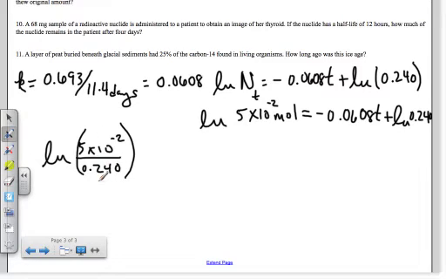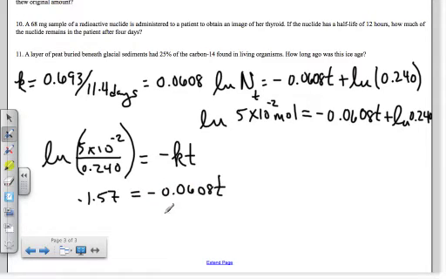And that's the form of the equation that's in the notes: ln(Nt/N0) equals minus Kt. All right. So when I do this, I get negative 1.57 on this side equals negative 0.0608 for that K times t, becomes positive, good, and I end up with 25.8 days,